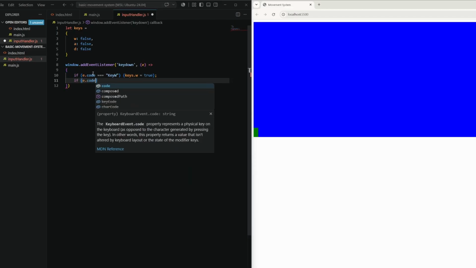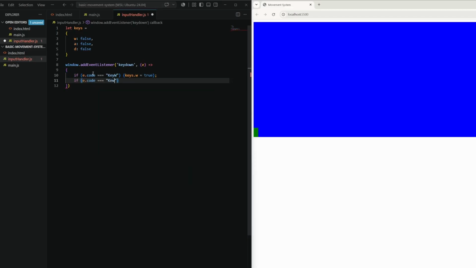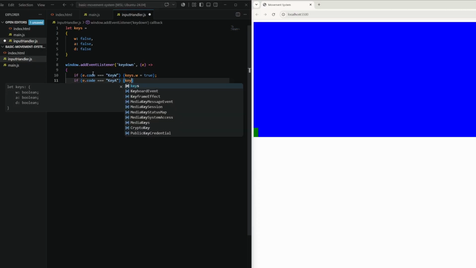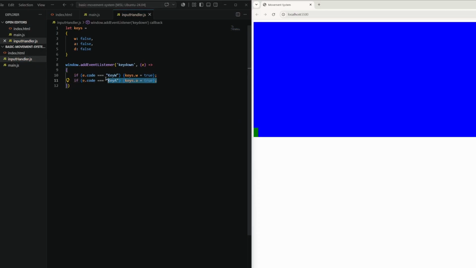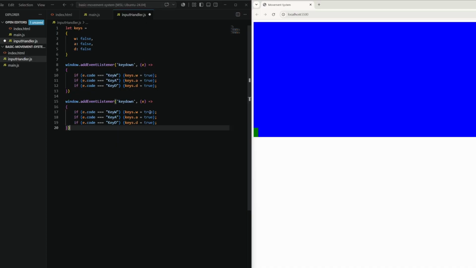If e dot code is equal to KeyA, then you want keys dot a equals to true as well. Save that, and I'm just going to copy for the last one as well. So if e dot code is equal to KeyD, and we'll do d is equal to true. Now we're just going to do the same thing, except we're just going to change some of the Boolean values